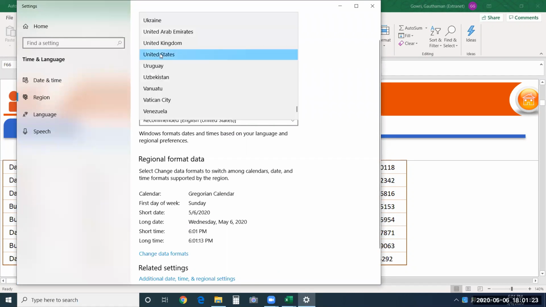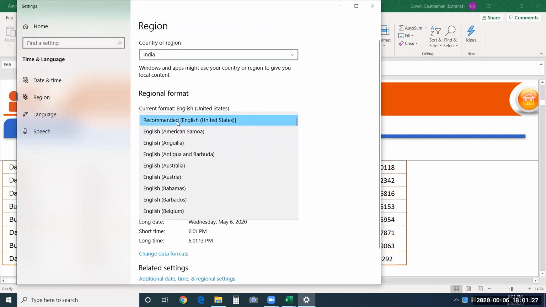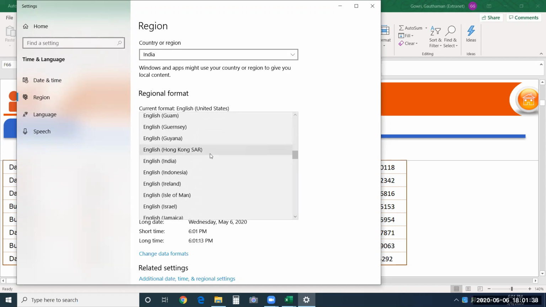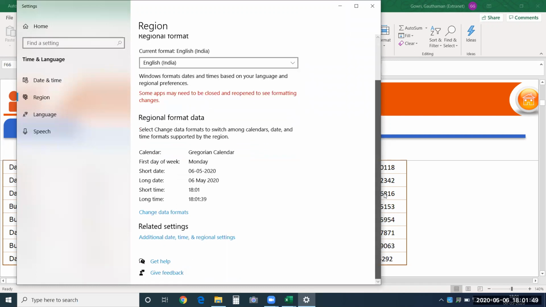Just choose India here, and over here as well. Just choose India. Okay, we only have these many. So, yeah, click on it. So it is saying some apps may need to be opened and closed to see the update. But if you go and change here, it will see, click on it.